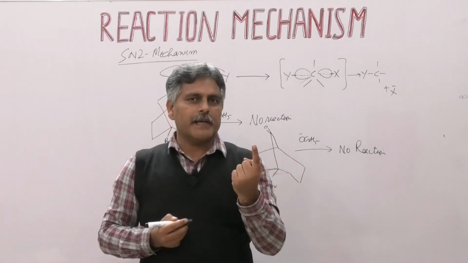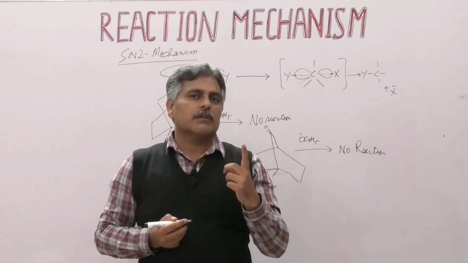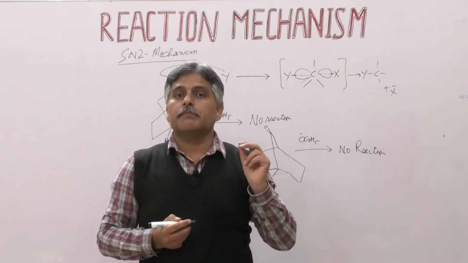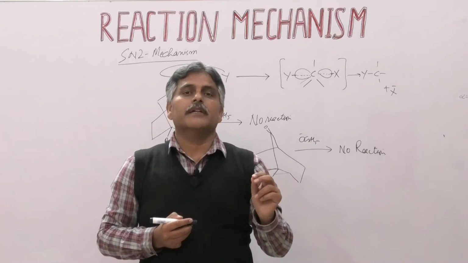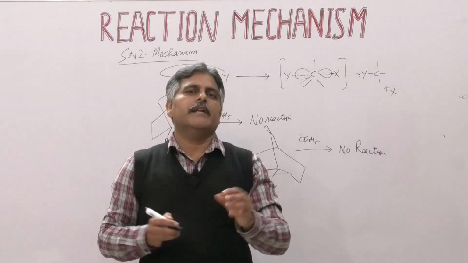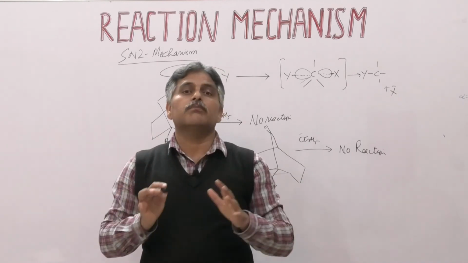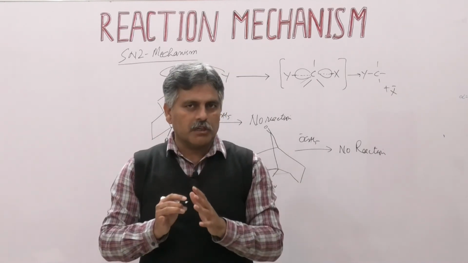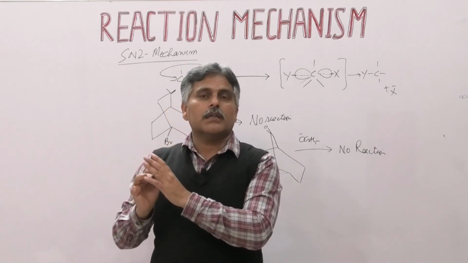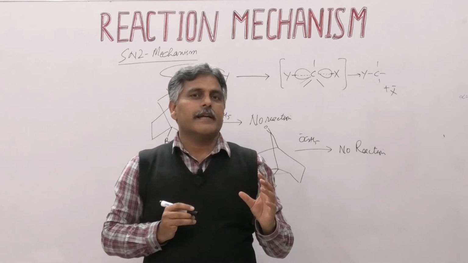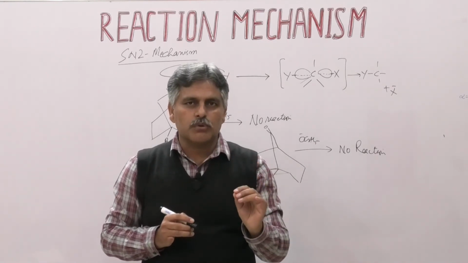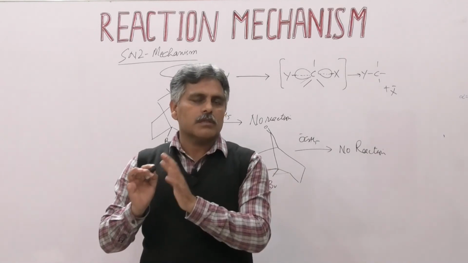So if this is a one-step reaction, then when we observe the kinetics, we have second order kinetics. The rate of reaction depends upon two molecules. That's why this is known as the bimolecular mechanism. Another kind of evidence is the stereochemical evidence, where we observe the complete inversion of configuration. And the third evidence is where we have substrates in which the leaving group is present at a bridgehead system. Such substrates never give nucleophilic substitution reaction. So this is all about the